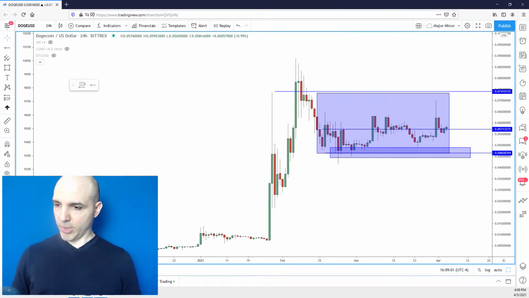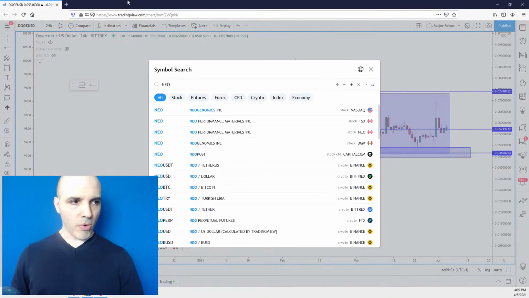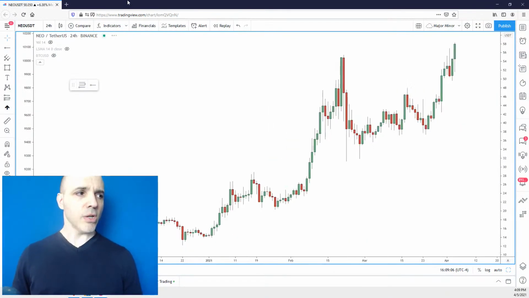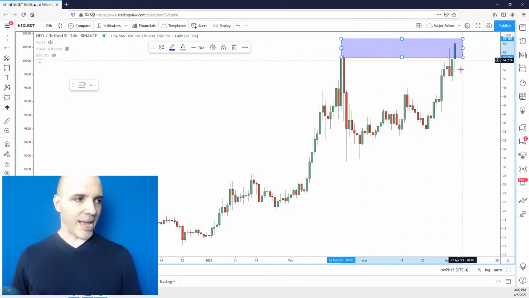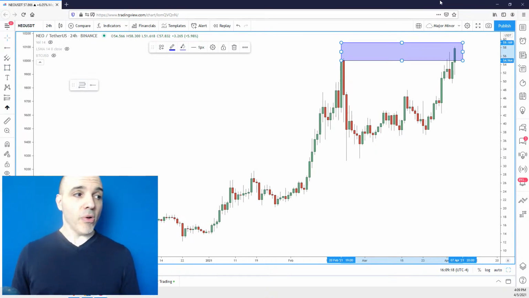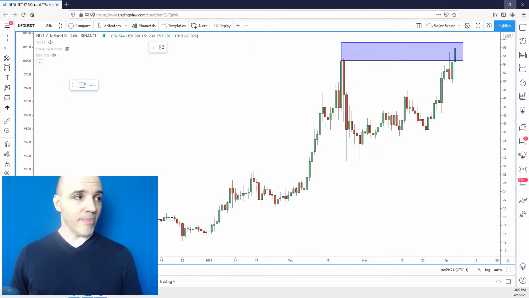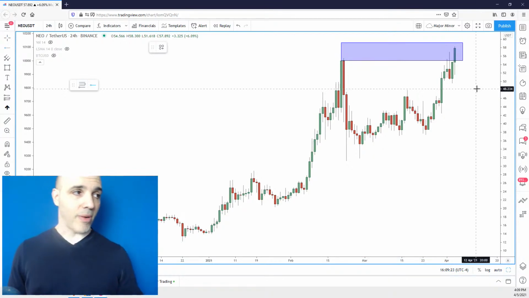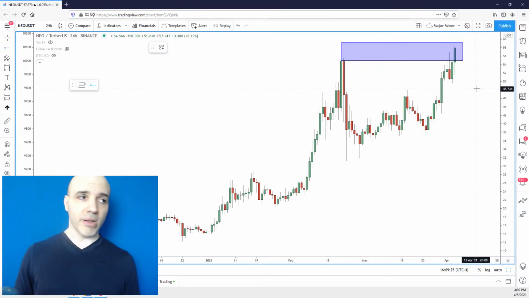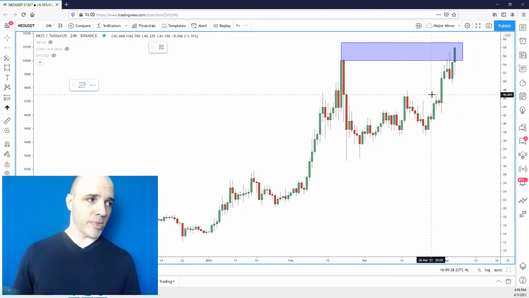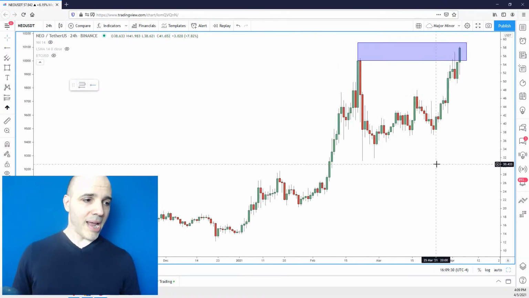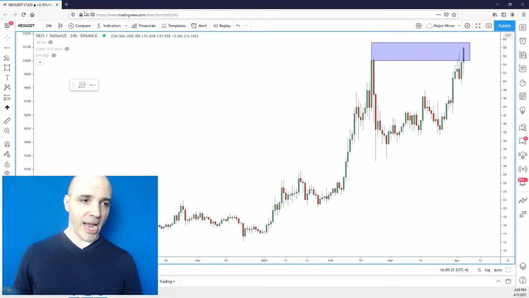NEO, USDT, Sagor wants to see. NEO, N-E-O, USDT. Now this one, for a while, wow, look at this one. This one's starting to really do its thing now. I took a look at this one so many times, and I hated this chart, okay? It just goes to show, the chart doesn't give you everything, right? Maybe it's benefiting from whatever, right? It's supposed to be an Ethereum competitor, whatever it is. Maybe there's some news on it, but for the longest time, this thing was not acting in line with Bitcoin. I didn't like it, okay? And now it's starting to do well.